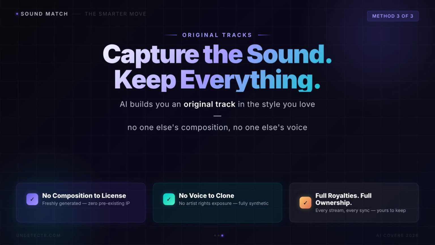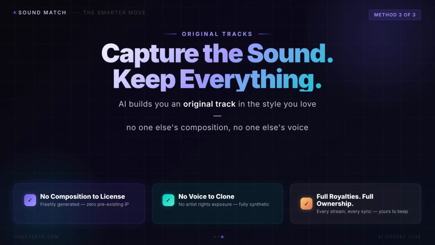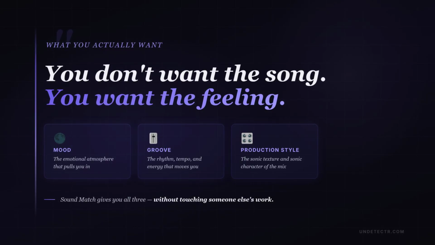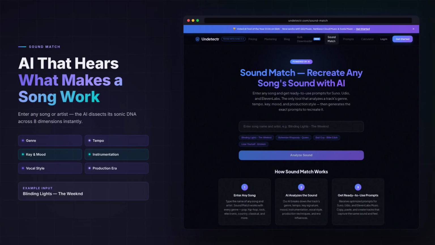Now back to that third kind. Because honestly, this is the move most people searching AI covers actually want. They just don't know it exists. Think about it. The reason you wanted the cover in the first place? It's the sound, the mood, the groove, the production of a song you love. You don't need to cover it or clone anyone to get that. Our sound match tool works like this. You enter any song or band you like, say Blinding Lights by The Weeknd, and the AI analyzes what makes it sound the way it does.